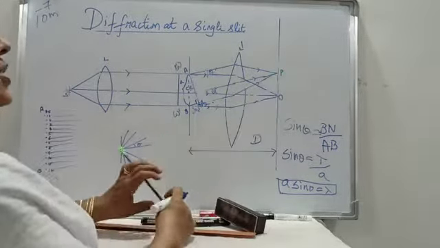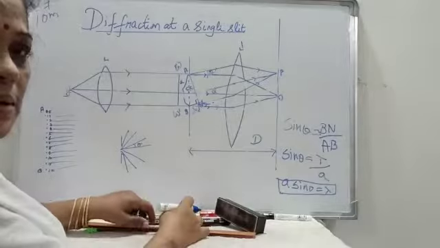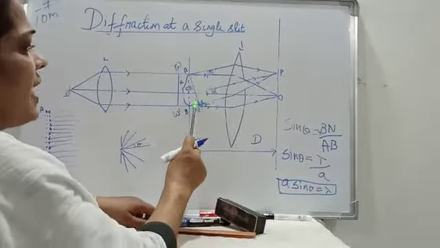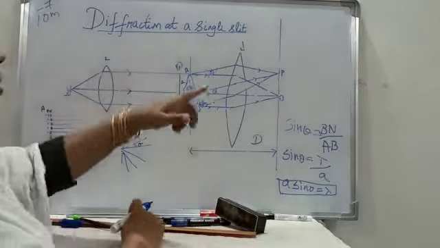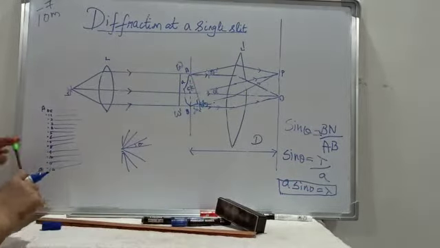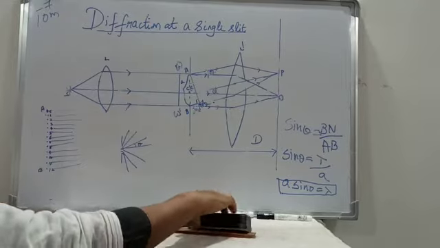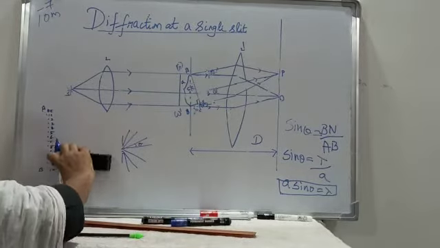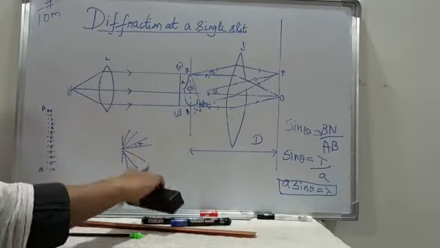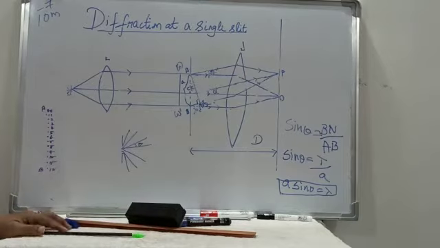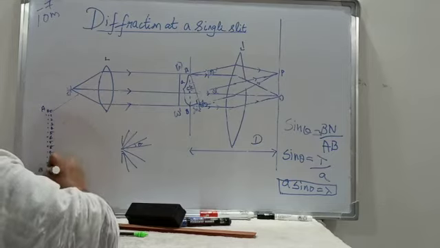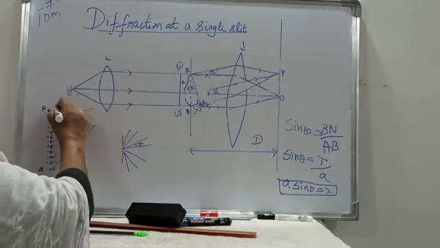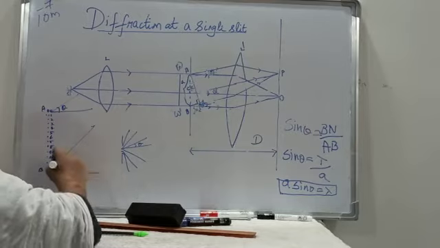Now even now we don't know whether the point P is of maximum intensity or of minimum intensity. We just calculated what is the path difference. Okay. Now in order to know that, once again come to this figure. Here we have divided the entire slit into 12 equally spaced points. Now if it is undergoing an angle of diffraction theta, which means this angle is theta.